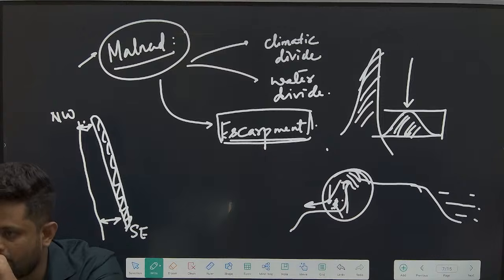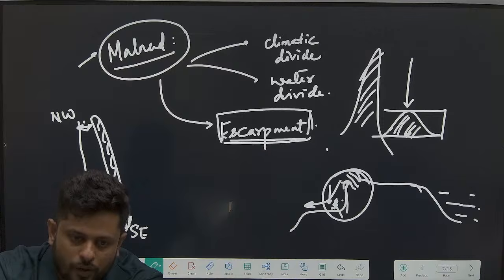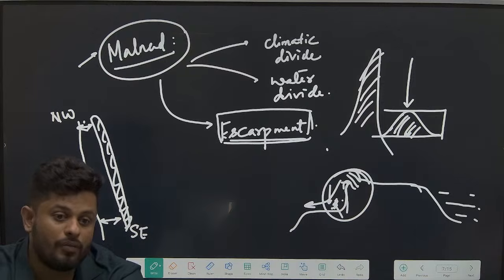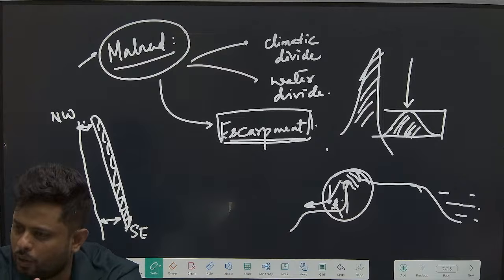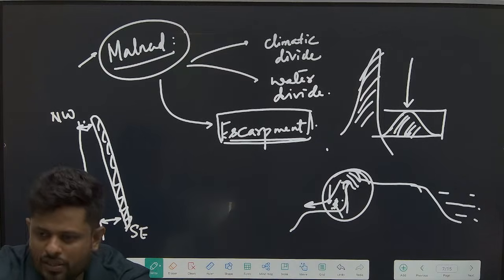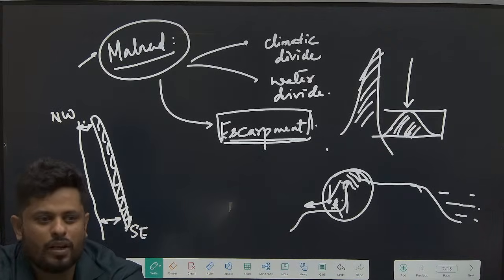If it is rain shadowed interiors, what can you expect? Higher amounts of rainfall or lower amounts of rainfall? Definitely lower amounts of rainfall. And to tell you in a nutshell, the reason why we have divided North Maidan region and South Maidan region is mainly on two parameters. One is climatic, one is geological. Climatic parameter, what? North Maidan region is very dry.